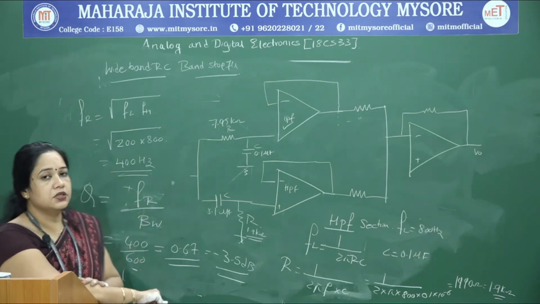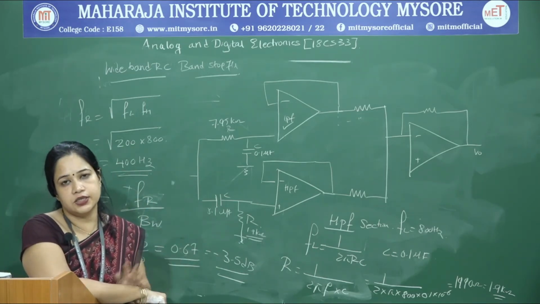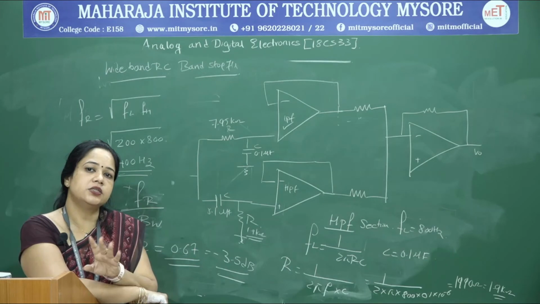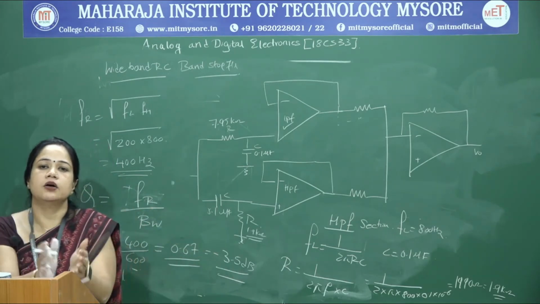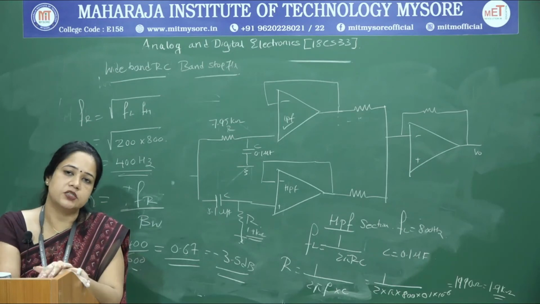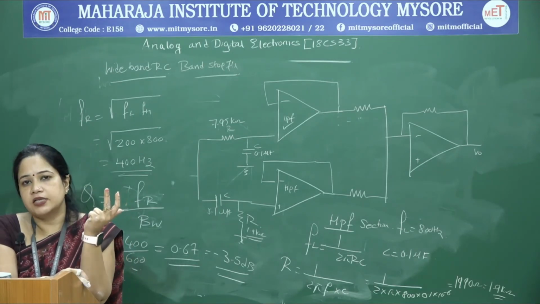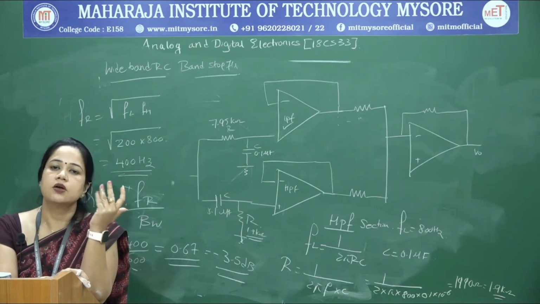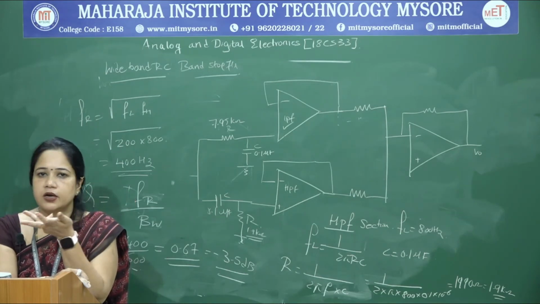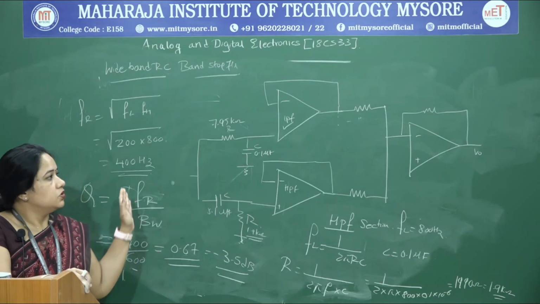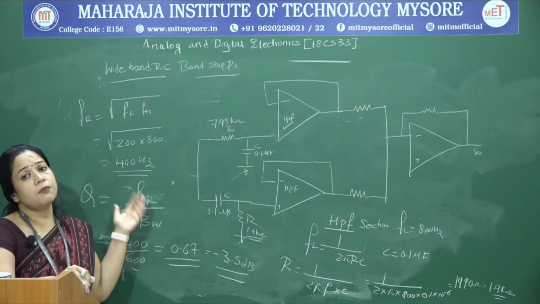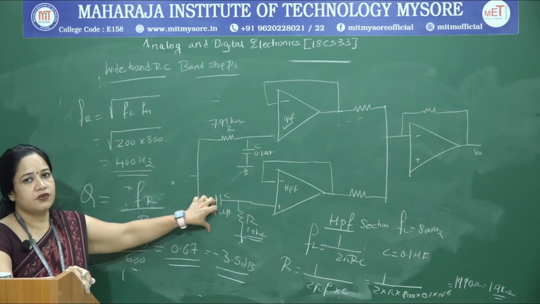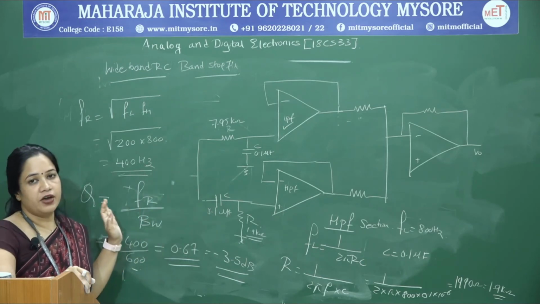So to summarize what we looked at in today's class, we looked into the design of band pass and band stop filters, and it has two variants depending on whether it is allowing or stopping a wide range of frequencies. Based on the frequency response, we have two variants of band pass and band stop filters, which includes wide band pass, narrow band pass, wide band stop and narrow band stop filters. Just to recall, the band pass filters are formed by cascading a high pass filter section followed by a low pass filter section. Optionally, we include an amplifier in between.